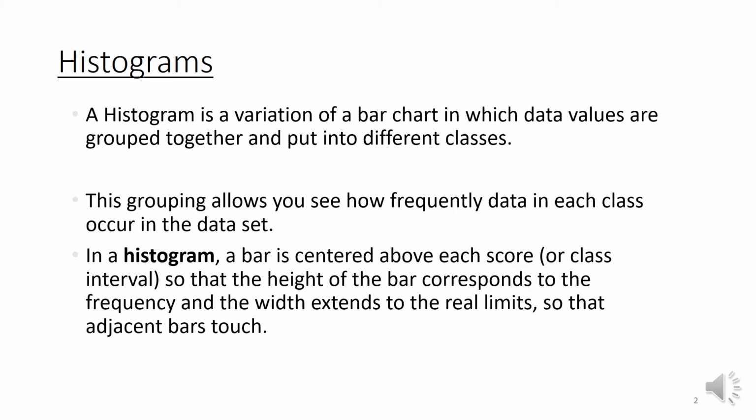That means these bars are stuck together as per the class intervals. As our class intervals are consecutive, our bars are also going to be adjacent to each other. The height of the bar corresponds to the frequency of the class. The width of the bar is the width of the class interval, and there is no gap between the upper limit of one class and the lower limit of the adjacent class. Hence our bars are going to be adjacent to each other